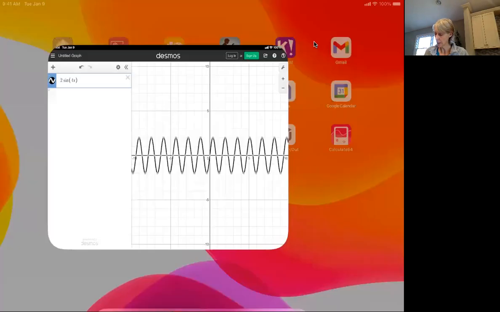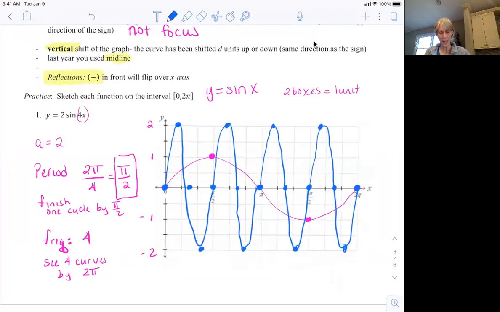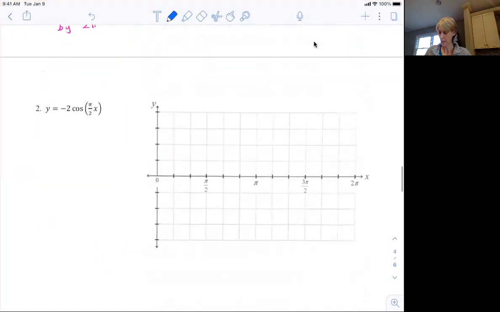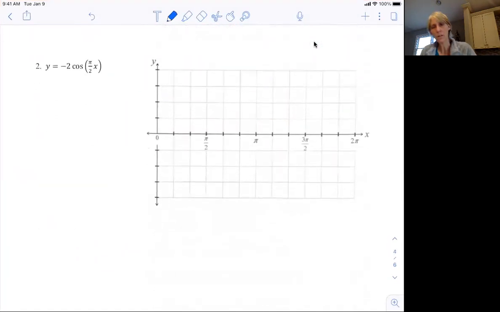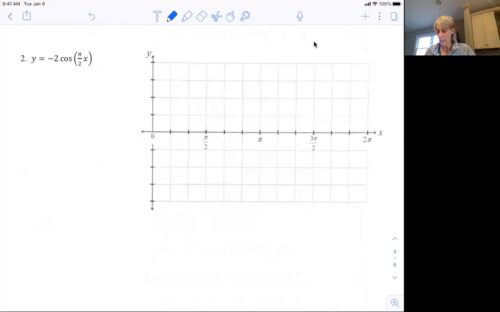Okay. I think we're going to try one more together, and then I think we will be done with today. Now, this one's going to be a little bit different. Okay. In this graph,